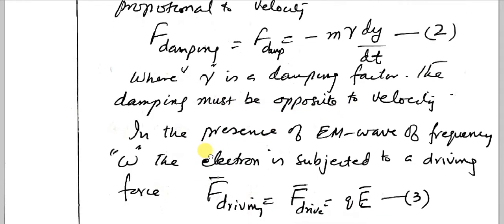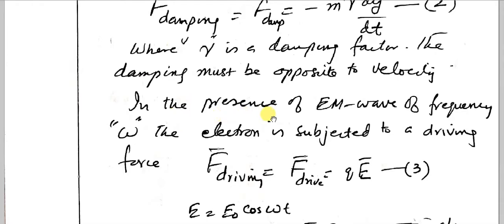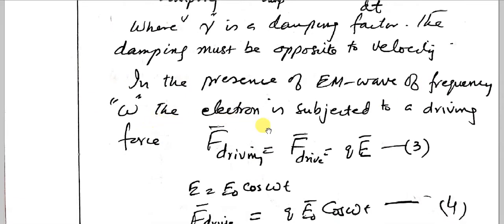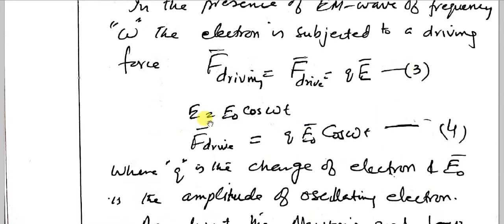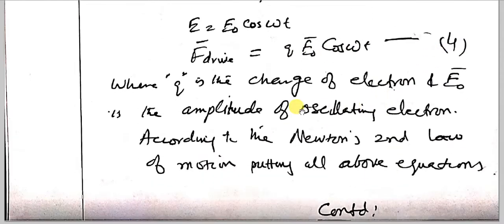Now in the presence of the electromagnetic wave of frequency omega, the electron is subjected to a driving force given by F drive equals QE, which is equation number 3, where E we take to be equal to E naught cosine omega t. So the driving force is Q E naught cosine omega t. We call this equation number 4, where Q is the charge of the electron, E naught is the amplitude of the